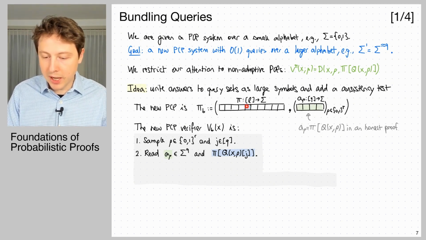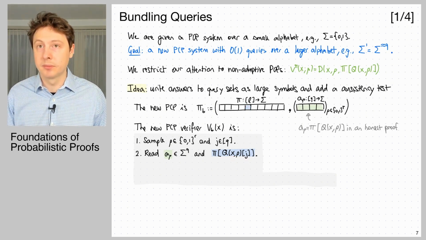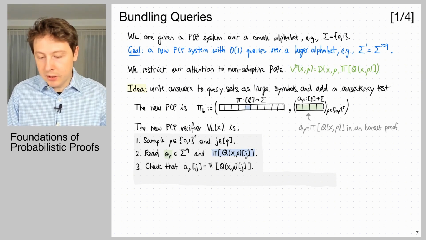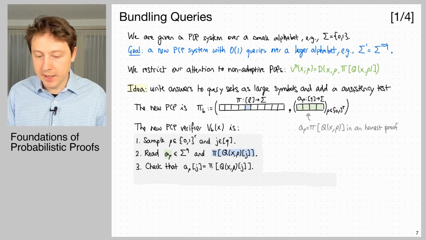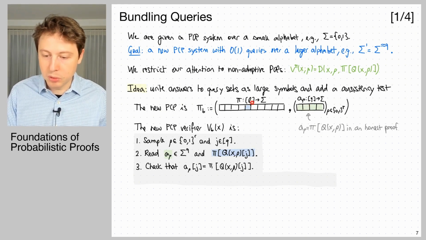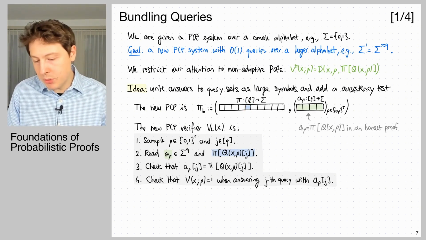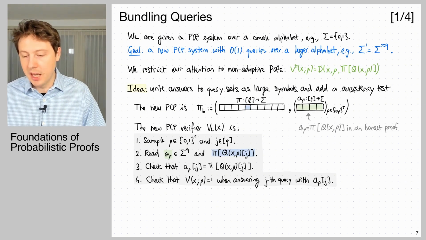You read one location here, the jth query, the jth index in this tuple. You're going to do the consistency check: you check that the jth location inside here indeed corresponds to the correct location in the original PCP. And then I'm just going to run the verifier, assuming all the other queries are also consistent, and I'm just going to answer the jth query with whatever is the